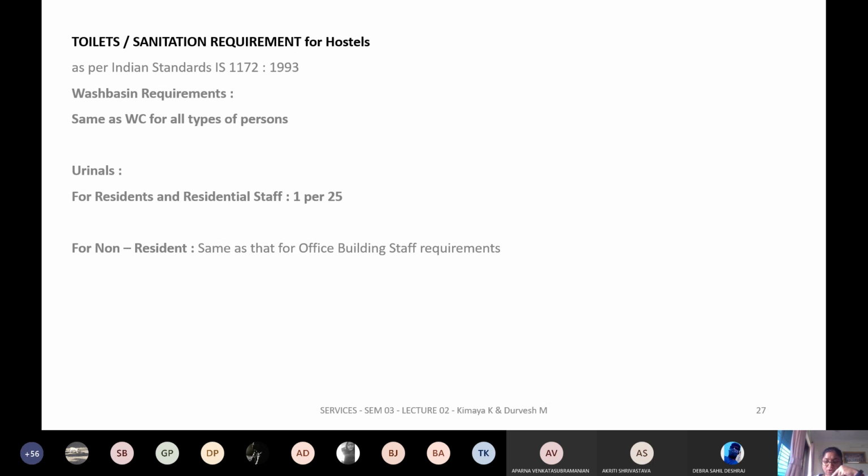You will be given the numbers that you're going to design for, and then accordingly you will have to start calculating how many cubicles you require, male, female, urinals for males, and wash basins for male, female again. Whether you want to give shower areas as well depends on, for example, if there is a swimming pool area. Now, no one is going to access the swimming pool directly. You will always have a changing room and a shower room. Then you need to calculate those as well.